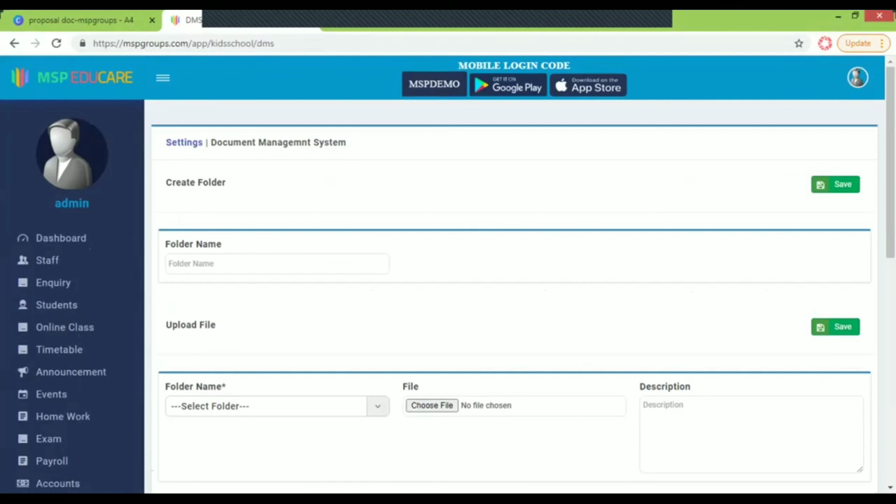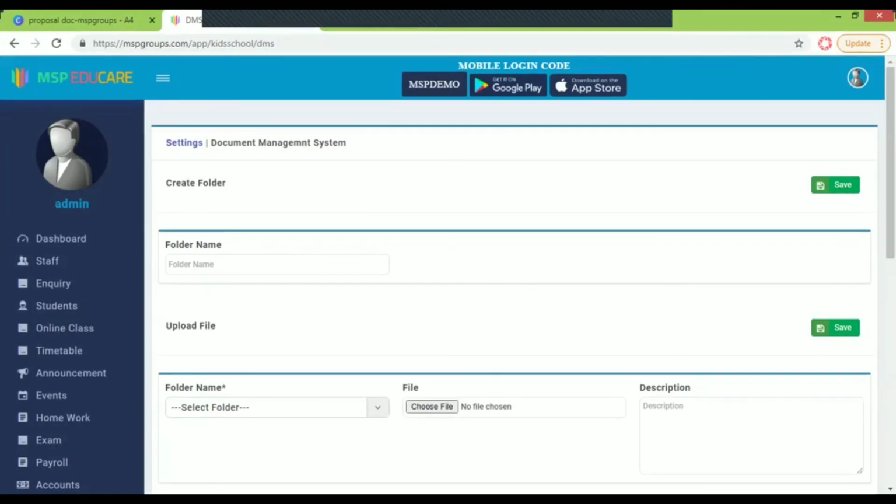For example, let us assume in a particular school class, the TCs have been collected. The soft copy of the TCs has been collected. You can just group it together and place it under a folder by naming it over here, 5th standard TC file. So in that way, we can handle multiple data or multiple files under this document management system.